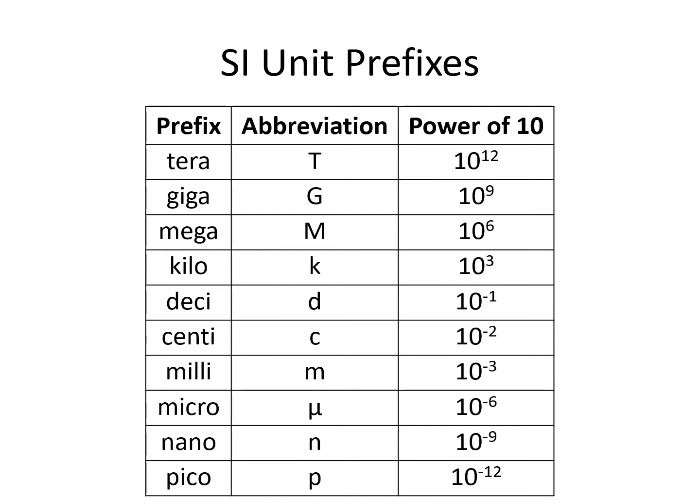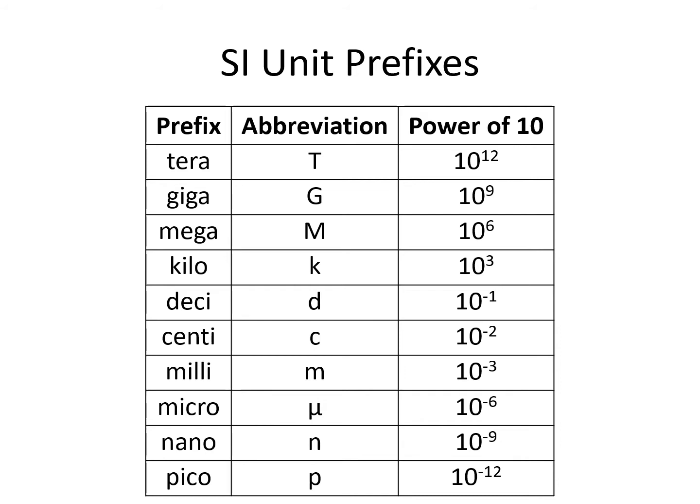Tera, capital T, giga, capital G, mega, capital M, and kilo, k, modify a base unit to become larger. Deci, d, centi, c, milli, m, micro, the Greek letter mu, nano, n, and pico, p, modify a base unit